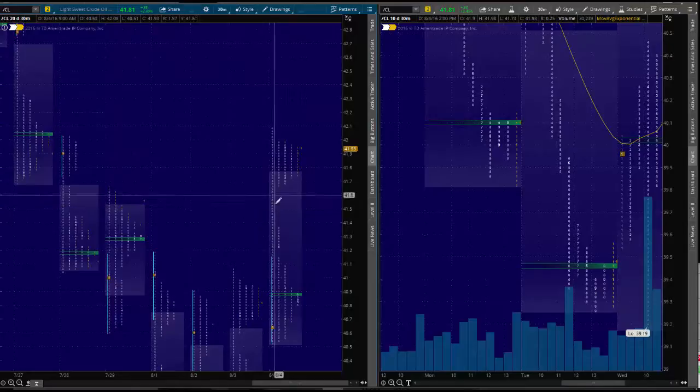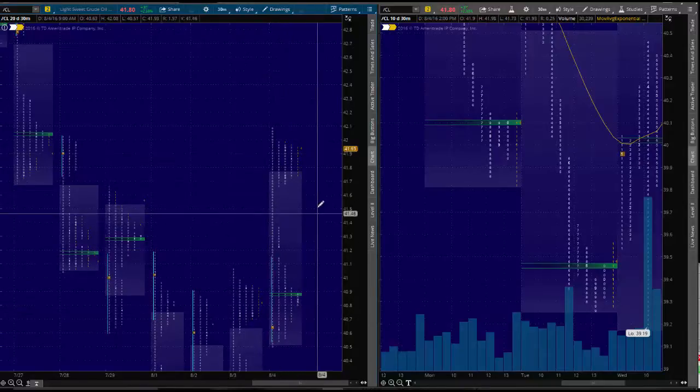So we'll watch the following day to see if this fills in the first hour or two. It could range in here all day long. That's sometimes what it does after a big move. If it cannot fill this, you know that the market is strong, and I would be looking for higher prices. So that's a different perspective, right? Market Profile gives you another perspective, and so will these videos.